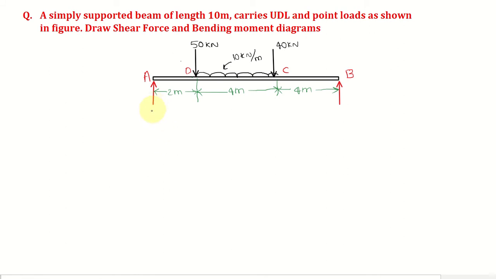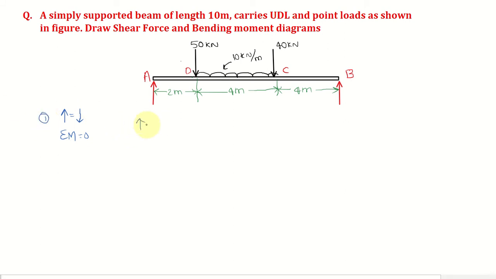So here the first step for this is, in order to keep this beam in equilibrium, sum of all the forces should be equal to 0, or I can say all upward forces are equal to downward forces. And another condition is sum of moments about any points is 0. So as you know, these two A and B are the supports and these are the loads carried by this beam. So let us check the first criterion.